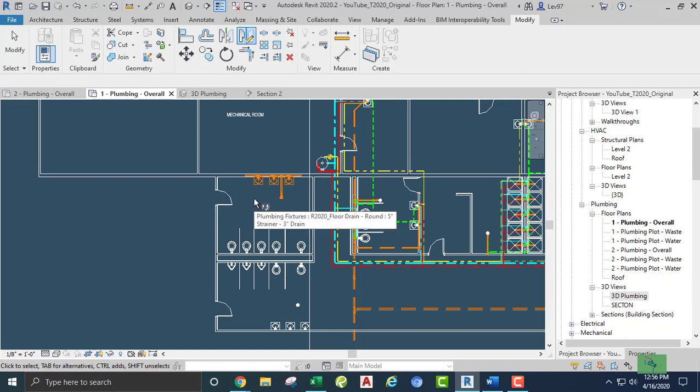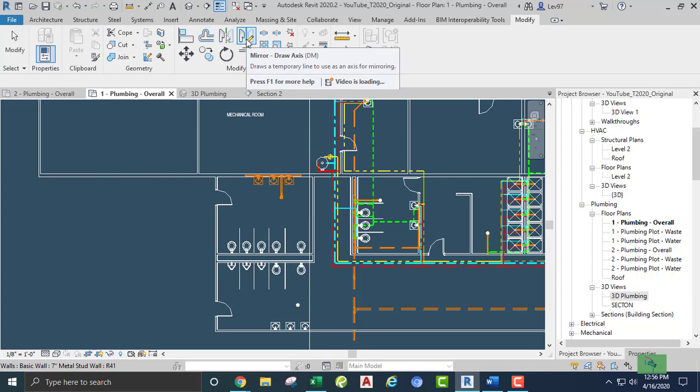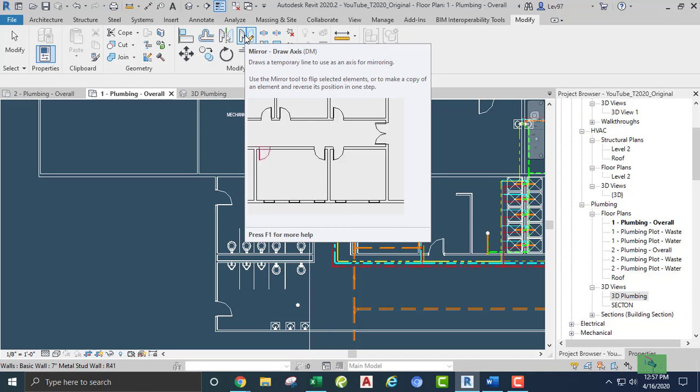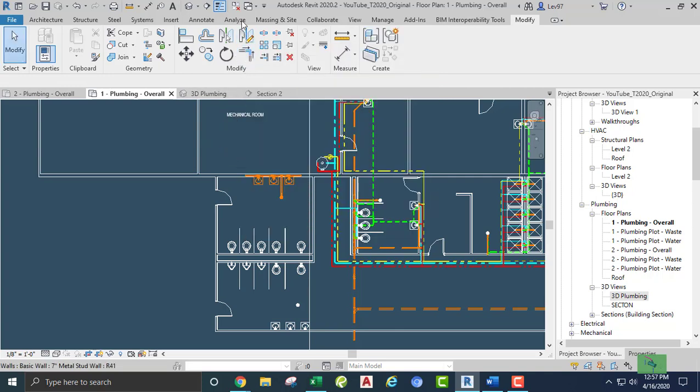Why can't I draw? Draw, mirror, draws a temporary line. So I have to highlight it first. Okay, so if I want to mirror,